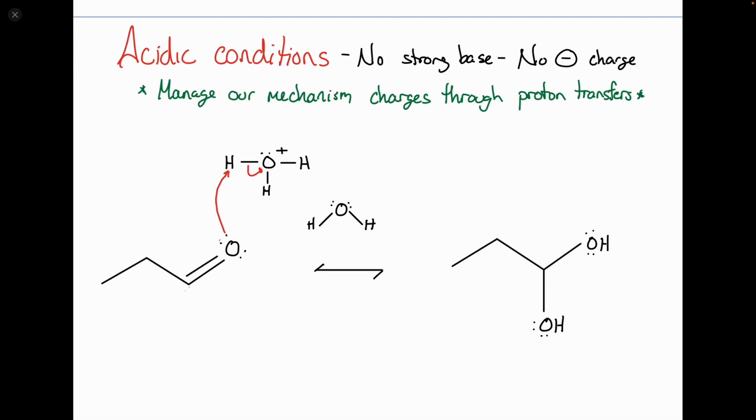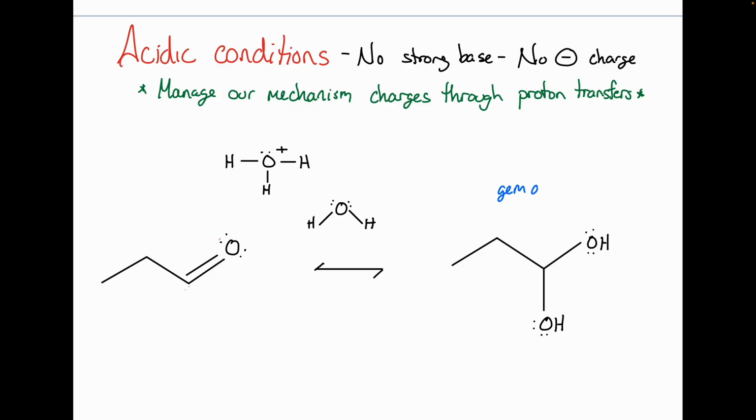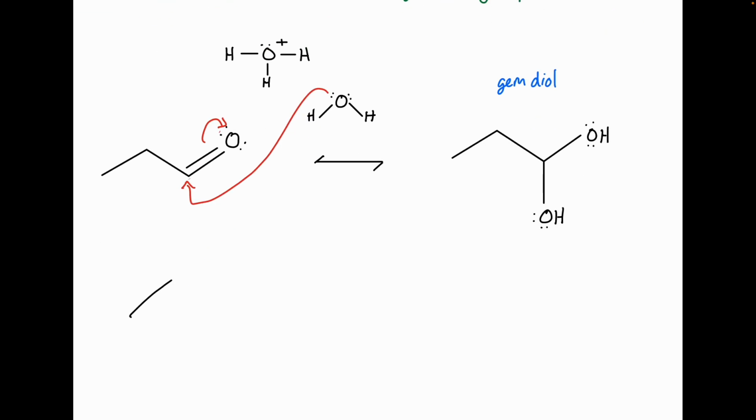All right, so let's pick up where we left off last time, which was trying to reason through this mechanism here, where under acidic conditions, our aldehydes and ketones will react with water to form what we call a gem diol. Under basic conditions, we saw that first step was nucleophilic attack. And we sort of started with this last time and said, well, that's not going to work out at all